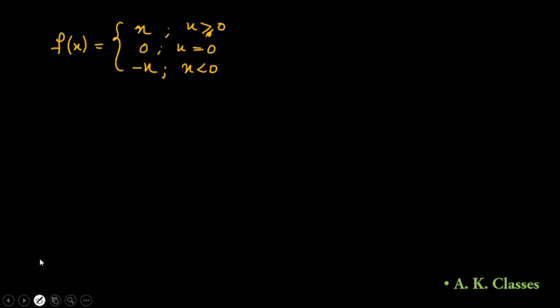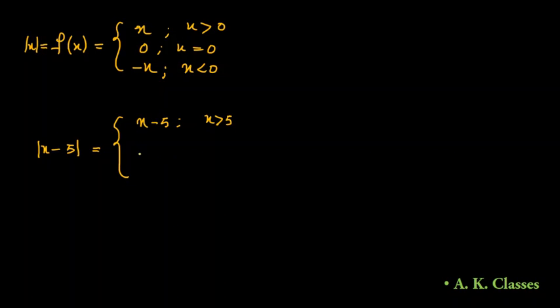এনেকৈ লিখিছিলা মডুলাছ ফাংচন। তাৰপিছত মডুলাছ ফাংচন আৰু এটা ডিফাইন কৰিলোঁ, where x minus 5, this modulus function x minus 5 define কৰিছিলোঁ। তাত আমি কি পাইছিলোঁ? This is equal to x minus 5 if x is greater than 5, this is equal to 0 if x equals to 5, this is equal to 5 minus x, that means minus of this x minus 5 if x is less than 5. আমি এইকেইটা বস্তু পাইছিলোঁ, লাষ্ট ক্লাছত কৰিছিলোঁ এইটো বস্তু।